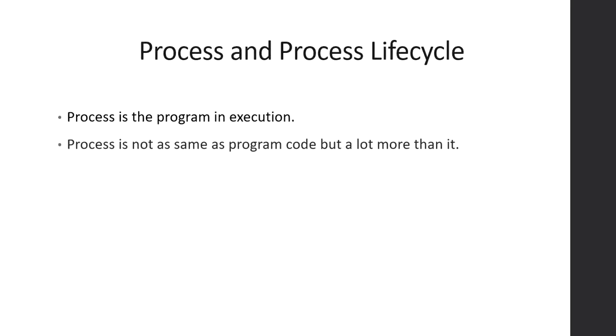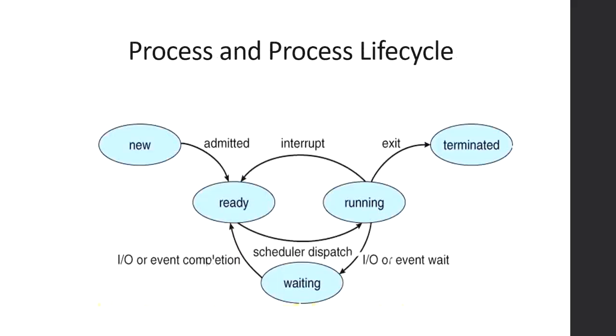For example, when you want to search something on the web, then you start a browser. So the creation of the process and the termination of the process will change its state, meaning the process is created in different states. So there are different states. There is a process state diagram.